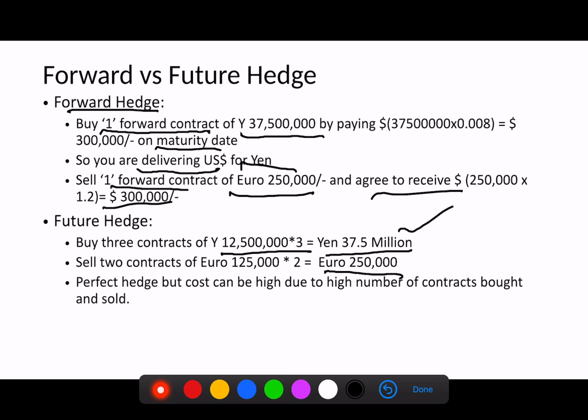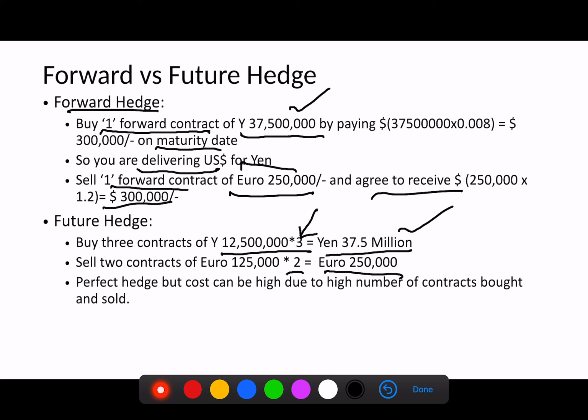Because by buying exactly 3 Japanese yen future contracts, you are able to get the exact units which you needed to pay to your manufacturer sitting in Japan. And by selling exactly 2 contracts, you are able to sell your